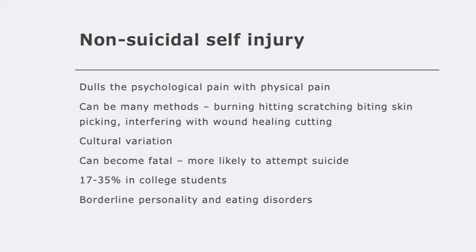And it can become fatal, and people who do actually engage in non-suicidal self-injury are more likely to attempt suicide. Interestingly, it does have a statistical probability of 17 to 35% in college students, and is more likely with individuals who have borderline personality disorder or eating disorders. And so, as I want you to know, though, is that this can be something that can lead to suicide, and we should take it